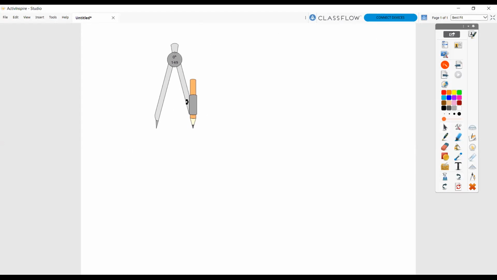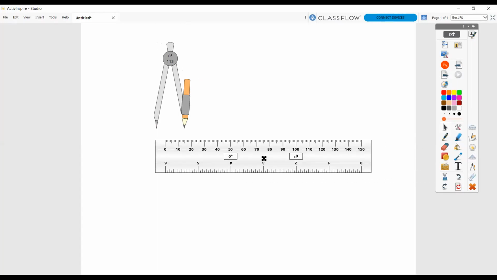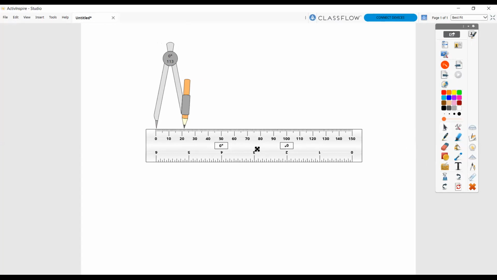So for that, first of all, we need the circle. Okay, so you have to just fix the radius of the circle, right? Whatever the radius that you require, you have to open the compass up to that radius. आपको सबसे पहले रेडियस फिक्स करना है और जितनी रेडियस चाहिए उतना कंपास आपको ओपन करना है, right? That you can measure with the help of scale, right? You have to set the scale like this.